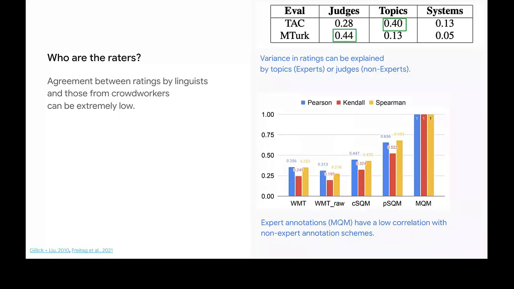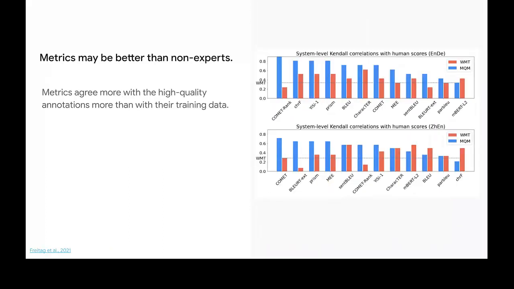There is, however, one light on the horizon which completely flips everything that we know about metrics. If we train our metrics on the noisy crowd rater ratings, then the metrics that are trained on this noisy data agree more with the high quality annotations than their training data.